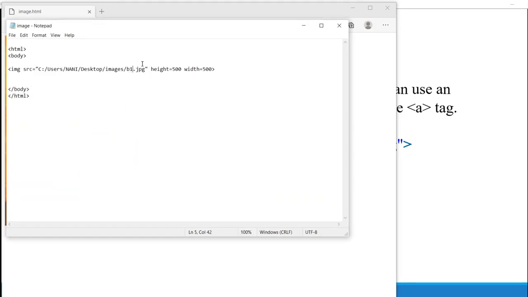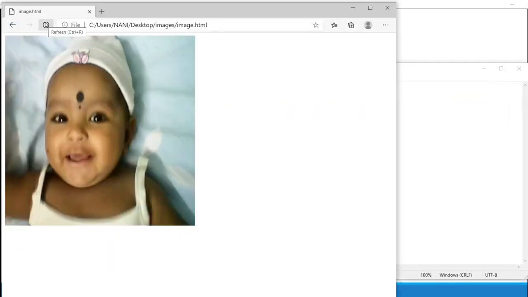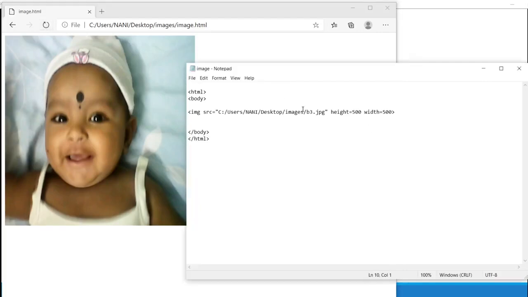If I change, if you observe here, I have given the entire path. Save, refresh. So it's changing the image.